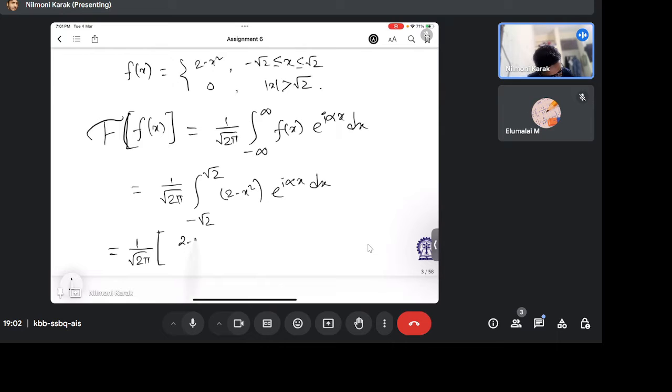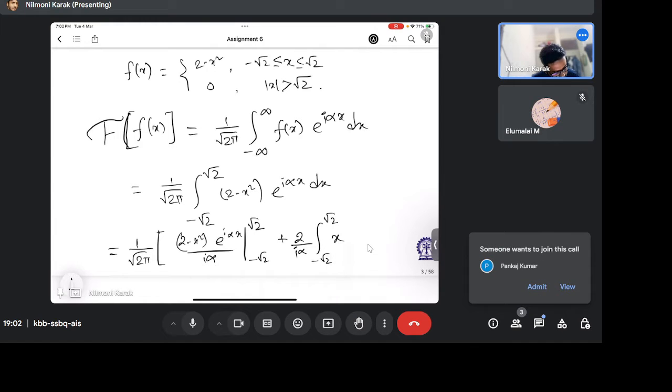So we get 2 minus x square e to the power i alpha x by i alpha, from minus root 2 to root 2, and then the derivative of 2 minus x square is minus 2x, so minus and minus gives plus 2 divided by i alpha, integration from minus root 2 to root 2 of x e to the power